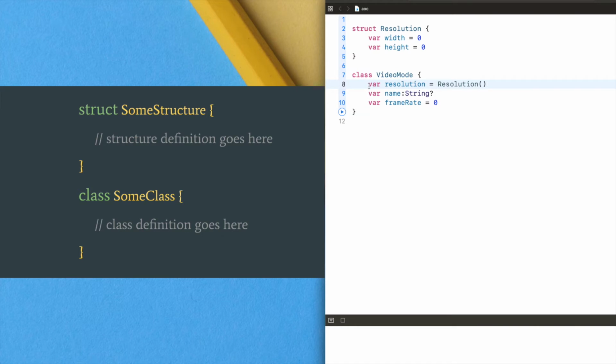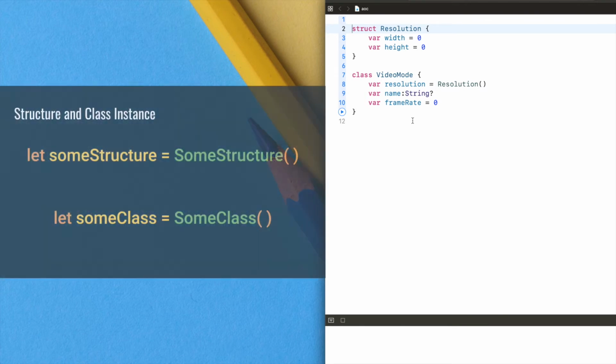Okay, this is a way of creating an instance of a structure or a class. So we have one resolution structure and another one video class. So how to create the instance of a structure?